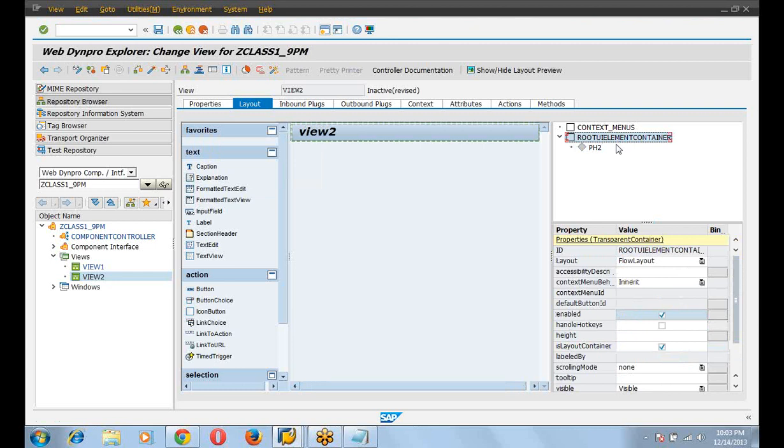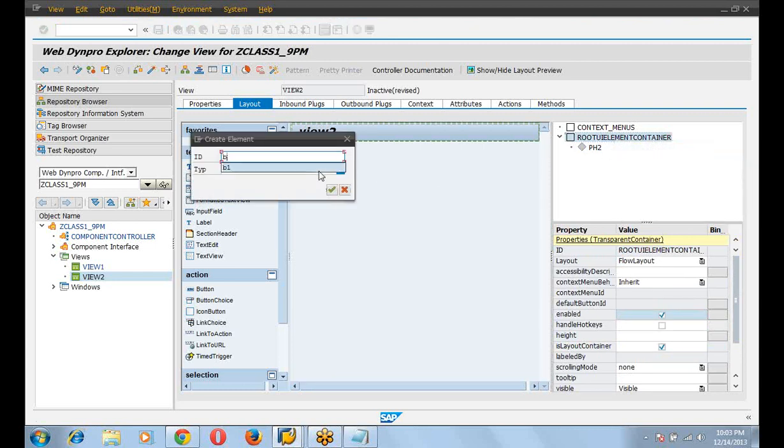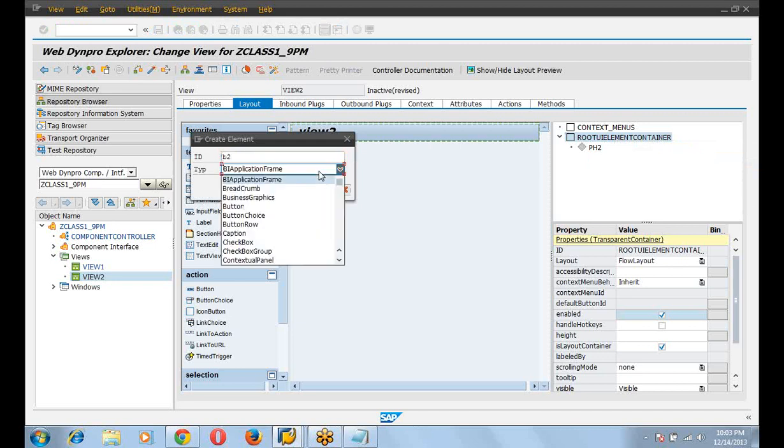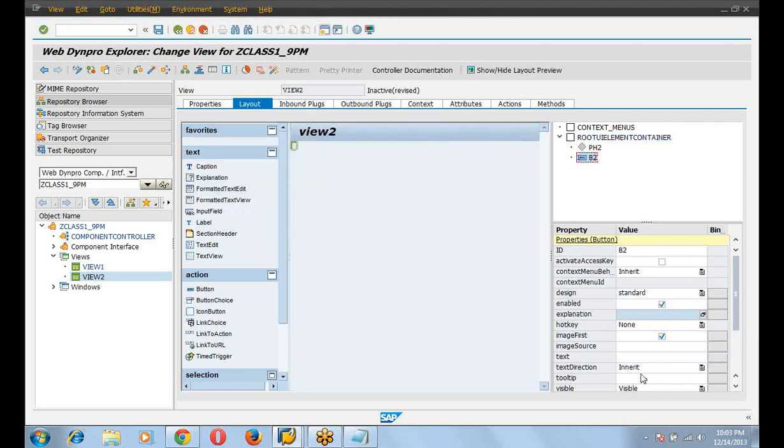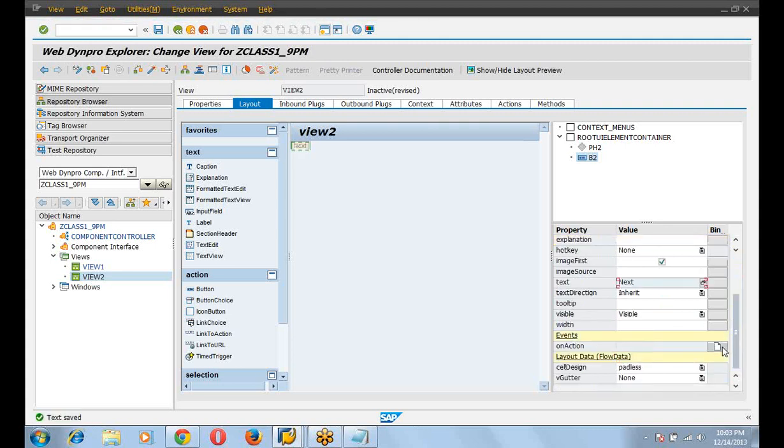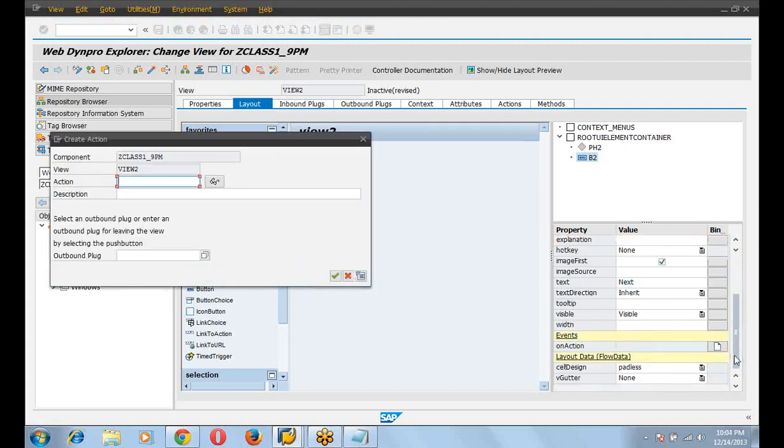Create button. Text. Do the action. Sorry, back action here.